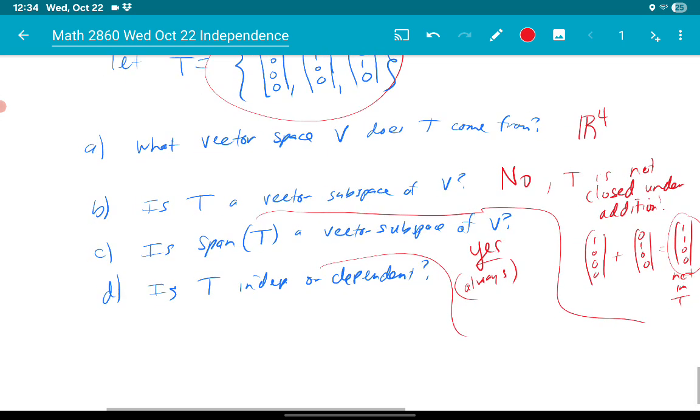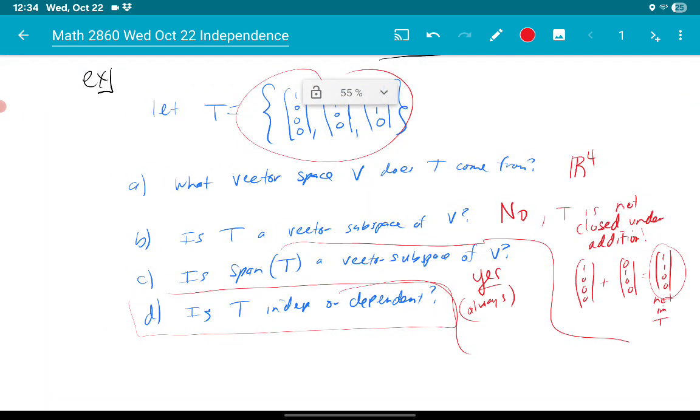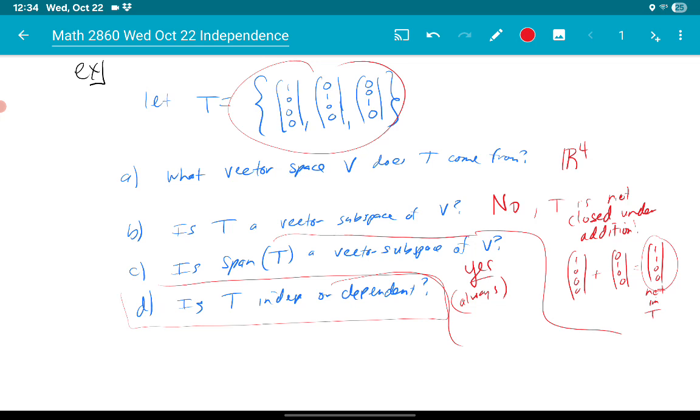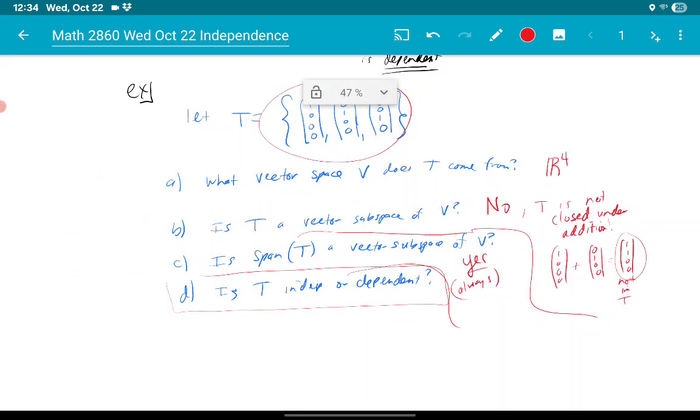All right, question D, this is kind of the new one. Is this set independent or dependent? If you take a look at it, I don't think it's so easy this time to identify one that's a combination of the others. You might be able to make a good argument. You see how in each one, the 1 is in a different spot? The first vector is 1, 0, 0, 0. The second one has a 1 in the second spot. The third one has a 1 in the third spot. So it wouldn't be too hard to argue that there is no way